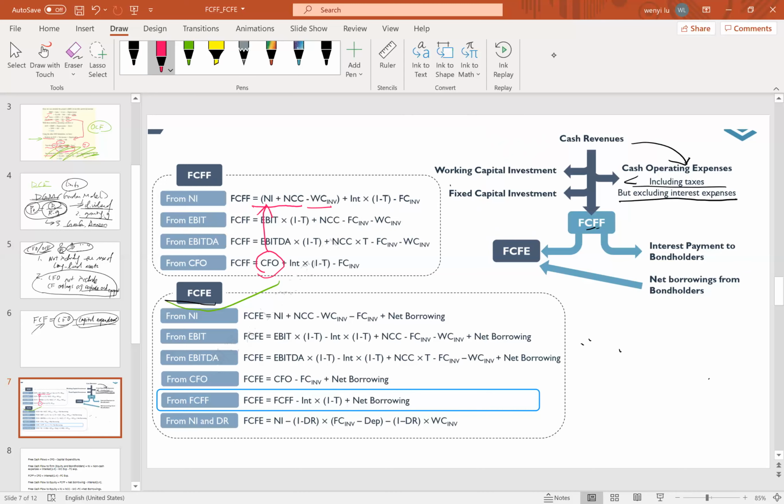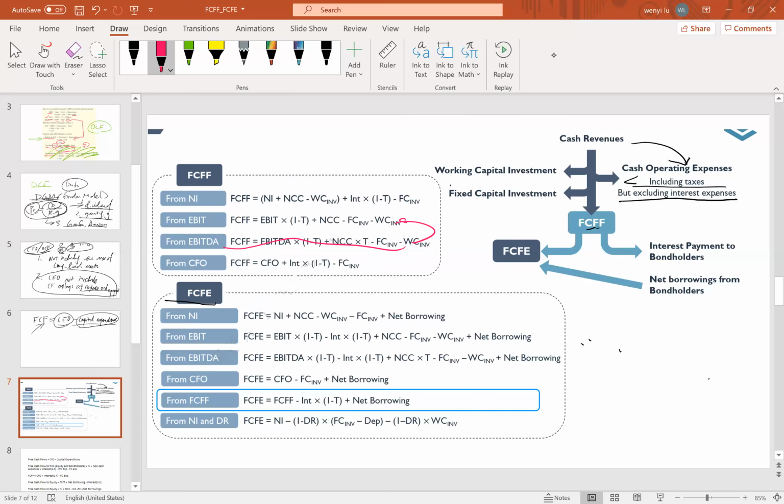Our operating cash flows are not concerned about the non-cash charge and some long-lived assets, so we only need to minus the short-term working capital investment. So that's the CFO formula in detail. So you can base on this one to derive this one. Same thing, you can derive this one from this one, because the EBIT